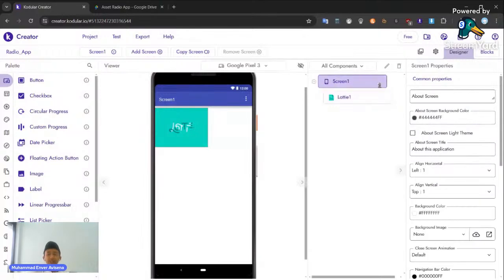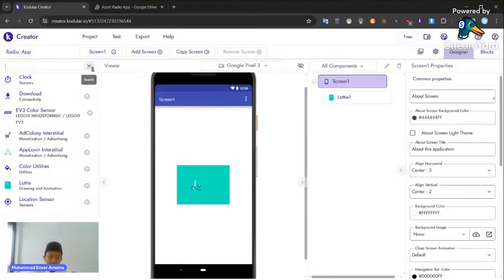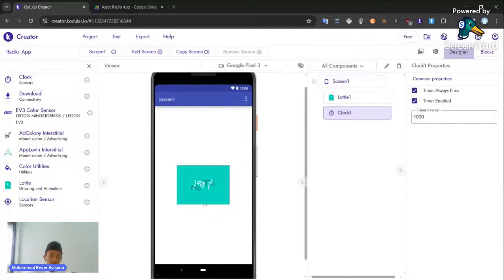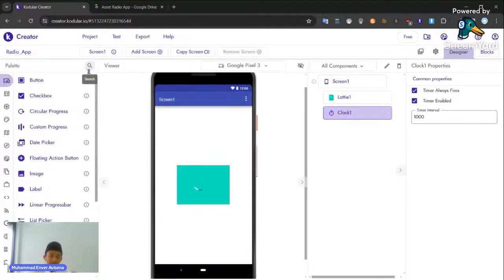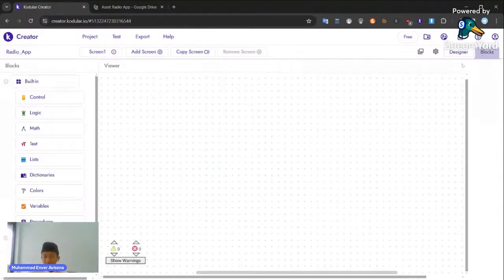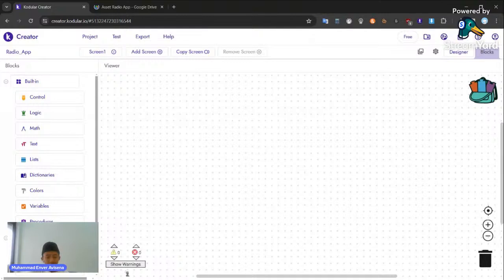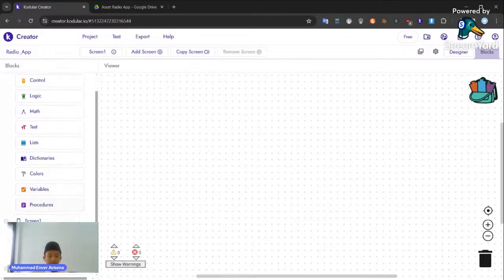Adjust the screen so that in here there is a horizontal or vertical line. Maybe there's a center, just a center, and then you can get an automated clock. After that you can use the time interval, whatever your preference, and as you can see in here it's blank only, and you can just add up